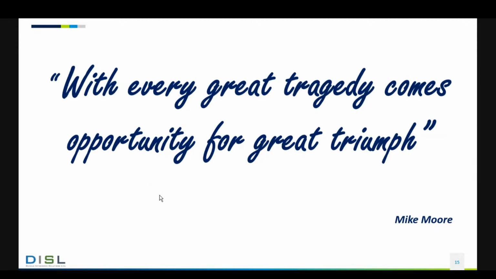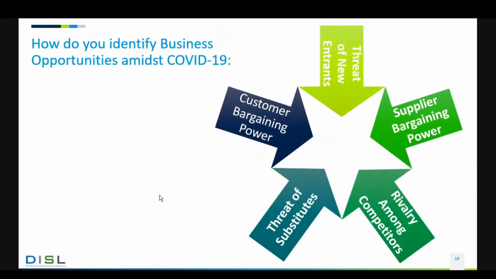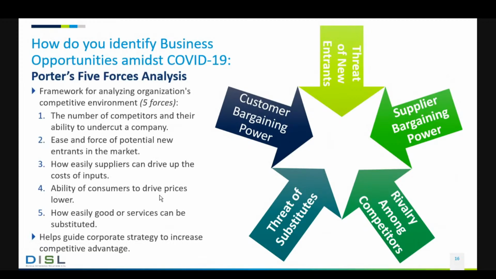So within this context, we're going to be looking at how we can possibly improve our business operations within the COVID-19 environment. One of the first things you can look at is Porter's 5 forces analysis. And this is a framework for analyzing your organization's competitive environment using 5 forces. So this is the number of competitors and their ability to undercut your